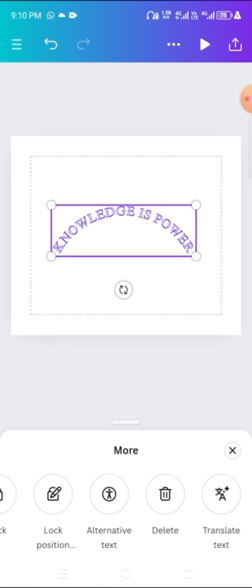So alternative text, that one is also working. Maybe for example, peradventure you download your design and your text is not showing, then the alternative text, anything you put there will show. If I want to delete it, if I want to translate it, the text,